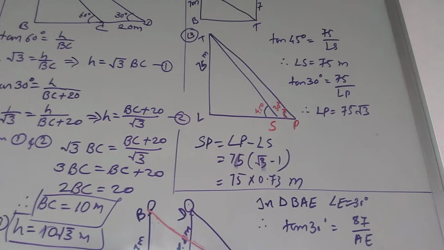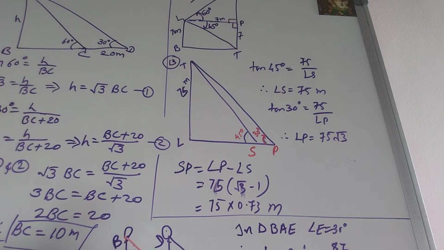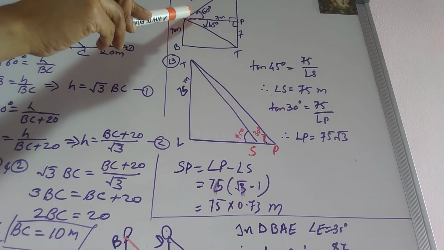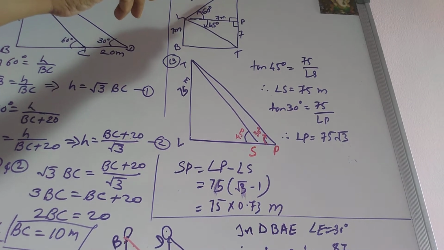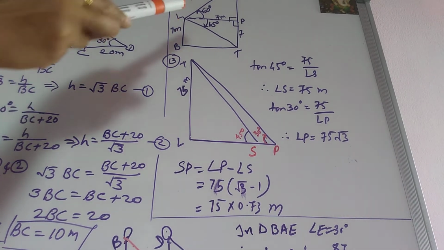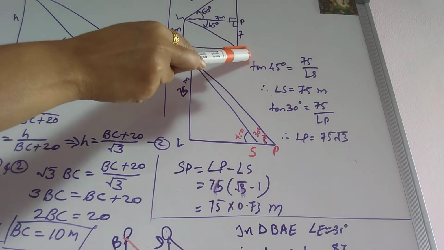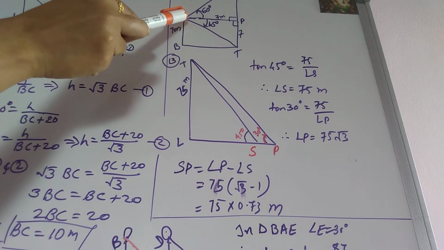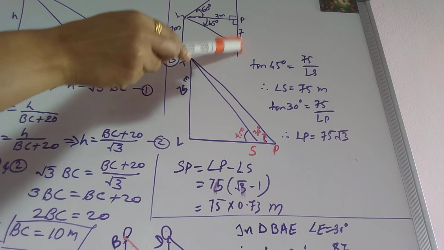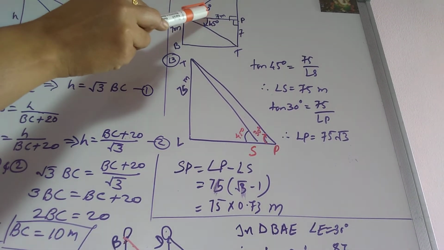Now in question number 12, from the top of a 7 meter building, the building height is given as 7 meters, and from its top, the top of the cable tower is observed, and we got the angle of elevation. It means the cable tower is at a higher level, its height is greater than the height of the building, and hence we have drawn TW as a tower like this. Now this angle of elevation is equal to 60 degrees.